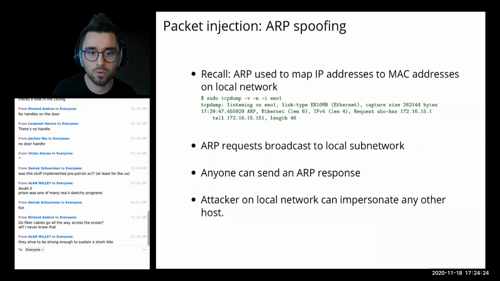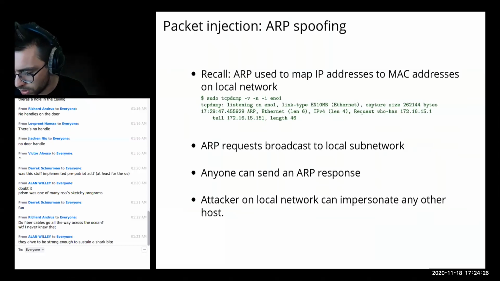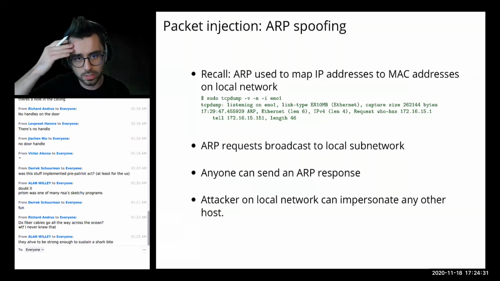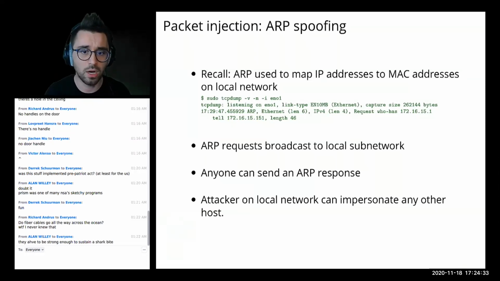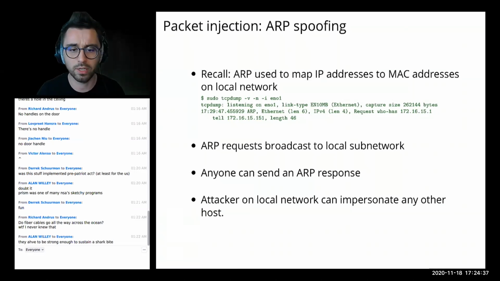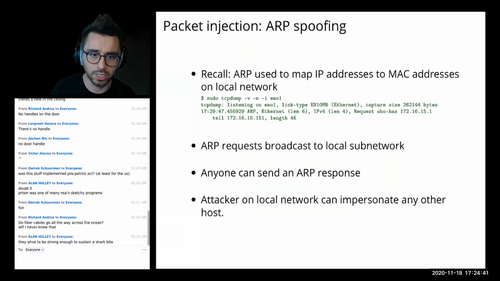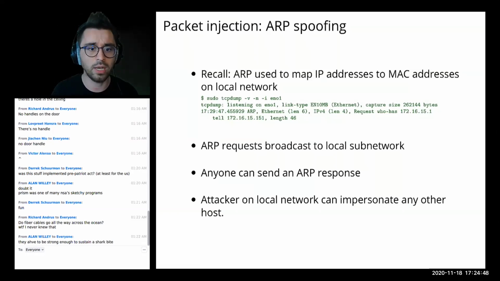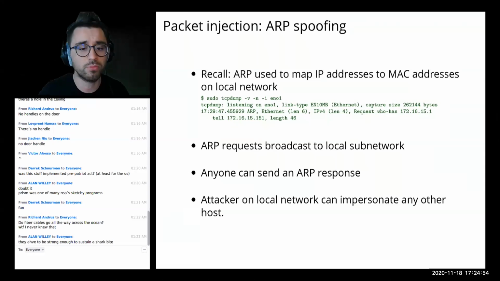So we're going to see how we're going to use this to carry out semi-interesting attacks. One of the things we can do is inject ARP packets. You already saw in the network sniffing that we just did that we had a bunch of ARP traffic on my local machine. So remember, ARP is used to map IP addresses to MAC addresses. And the way it works is when I need to figure out what is the MAC address of some machine I'm trying to talk to.